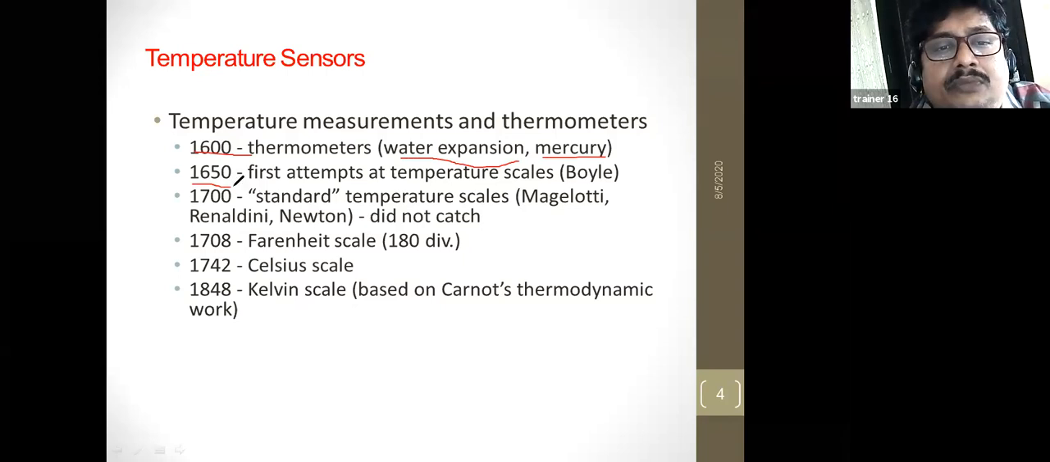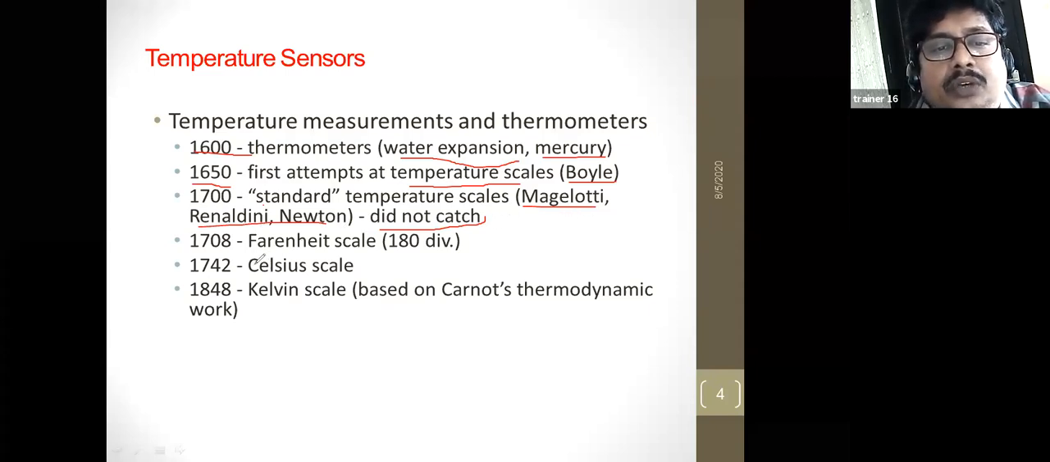And in 1650, temperature scales, that means scales like degree centigrade, degree Kelvin, were invented by Boyle. And in 1700, standard temperature scales. So these did not match. Of course, this is not familiar. I hope you don't know about this one, Megalotti and